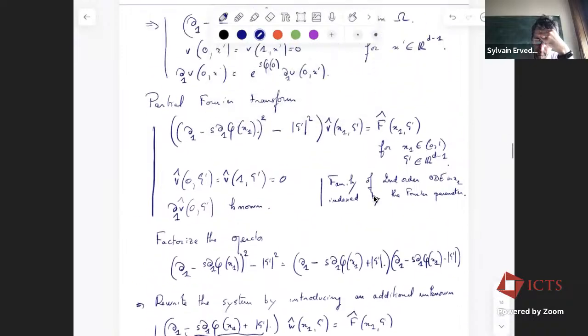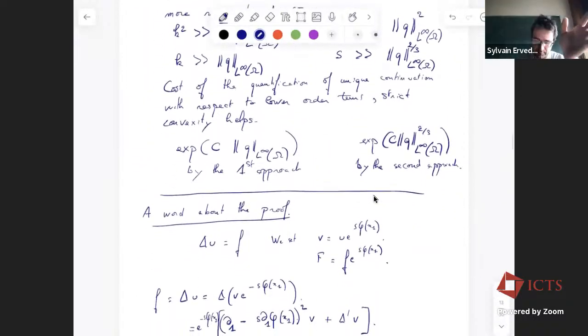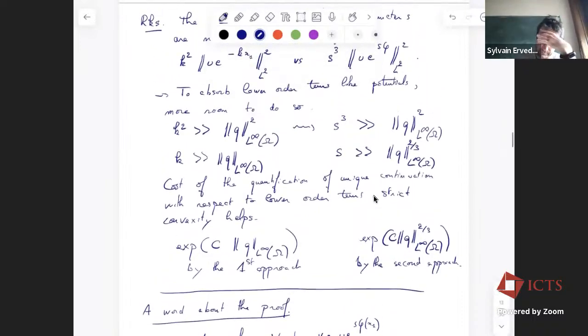So in here, probably I said, you see when you have phi which depends only on x1. Okay, here it is. So you take something which is not convex,